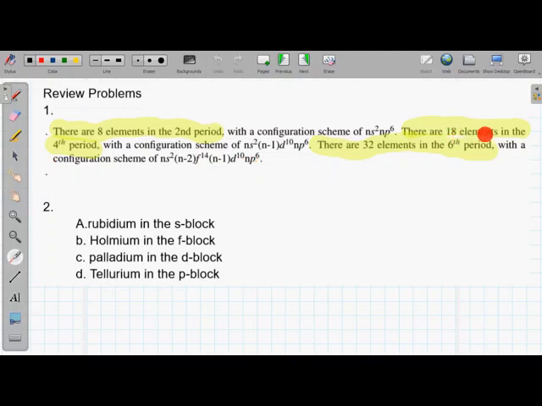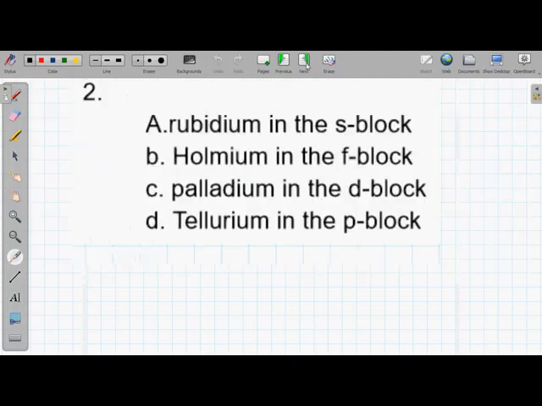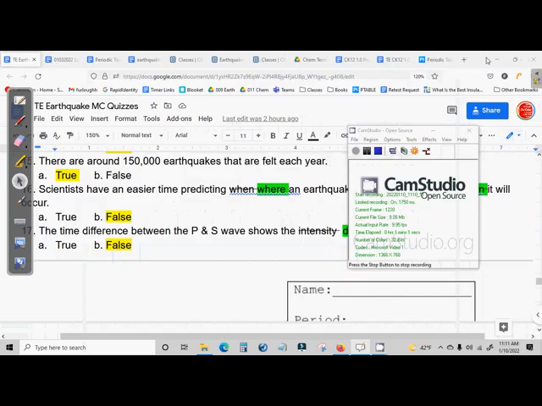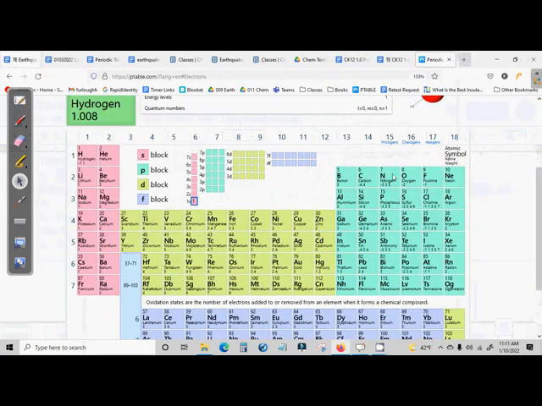Group 18 or period 18, period 4 has 18 elements. Period 6 has 32 elements. Right? And then here they gave you the name of the element. You had to say what block it was in. So rubidium is in the S block. All right. So as a reminder, remember,